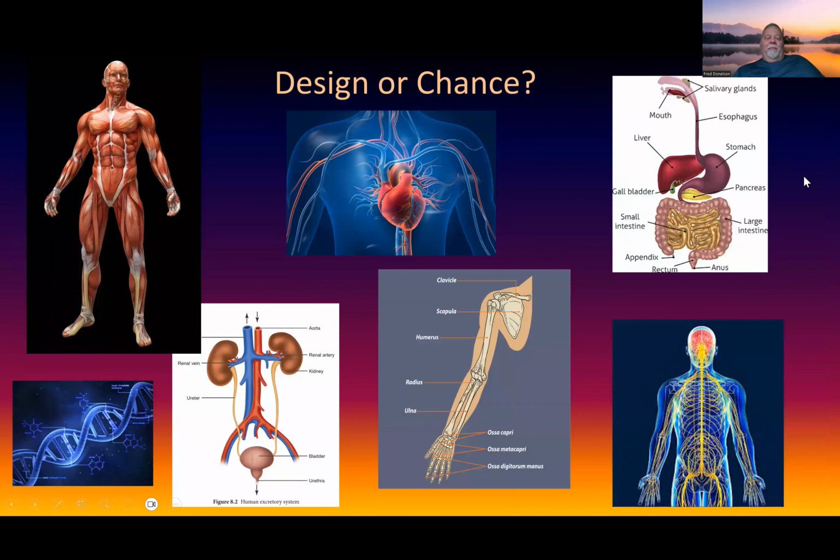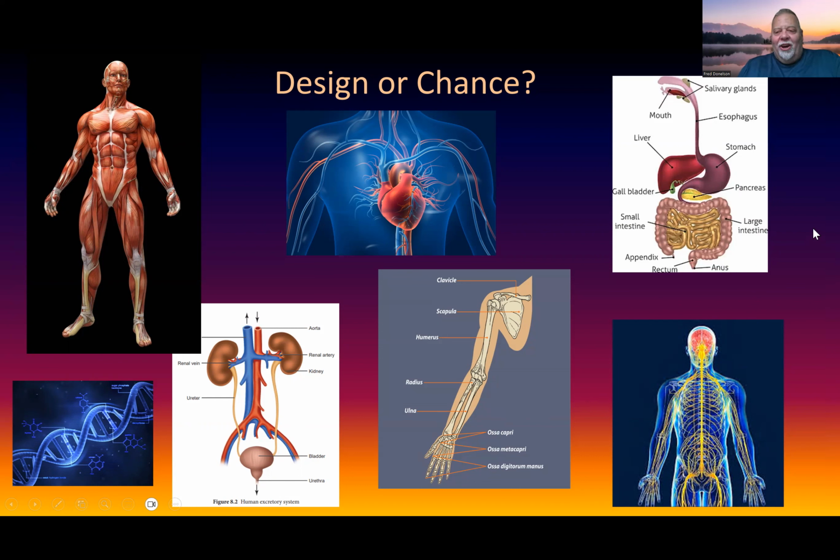Now, a human body or any kind of critter for that matter, even a human cell, you could say has the same kind of idea here. We've got a whole human here, but of course that whole human is involved in several different types of parts. You've got a heart, you've got lungs, you got kidneys, you got muscles, you got eyeballs, you got all these different parts. And then, of course, you have systems. So you got a circulatory system and a skeletal system and an excretory system. And you have control systems, your DNA, which controls all of this stuff. And those systems all kind of interact together.